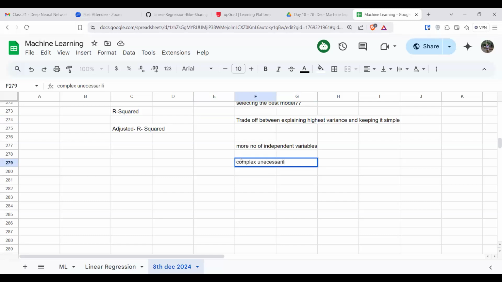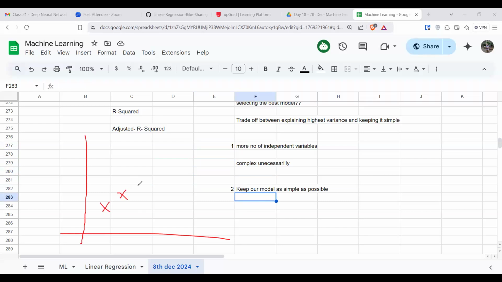There might be some columns which are not necessary for your model, and you are taking those into consideration as well. So generally there's a trade-off between these two terms: whether we should go with more independent variables or keep our model as simple as possible. It is equally important that your model is as simple as possible, because if you create a complex model unnecessarily,